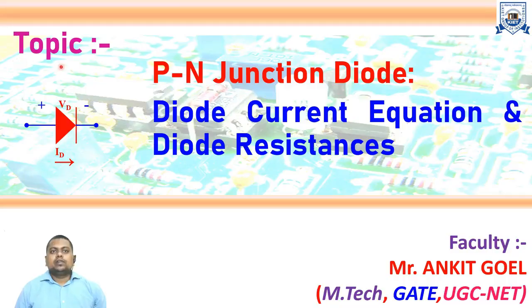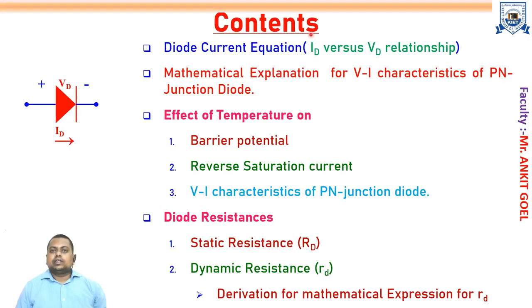Hello students, today we will learn the topic the diode current equation and the diode resistances. In this session we will cover the following contents. First we will learn about the diode current equation which relates the current flowing through the diode and the voltage across the diode. Then we will learn the VI characteristics of the PN junction diode mathematically using this diode current